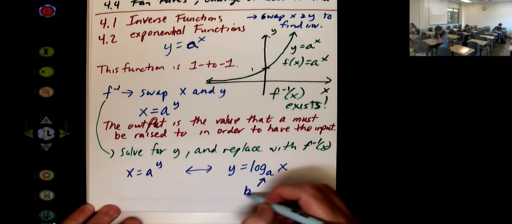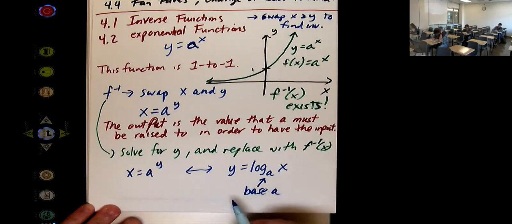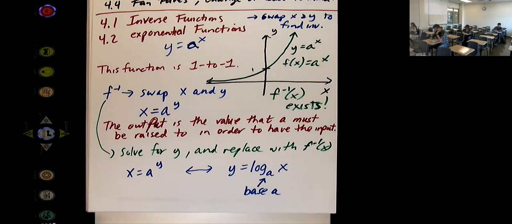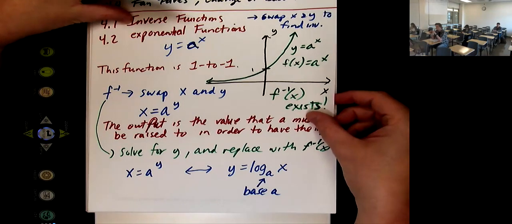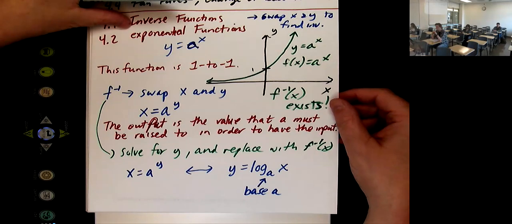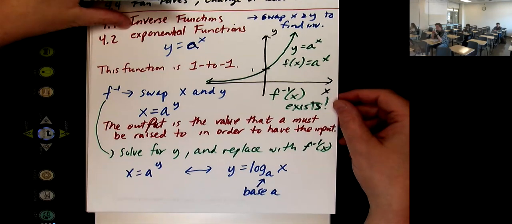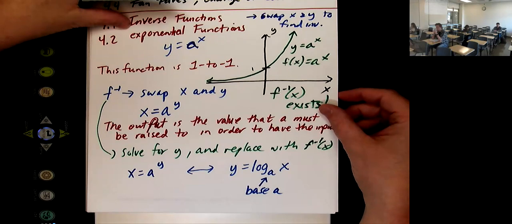This is referred to as base a. Really memorizing this thing is like clutch to everything else in this entire chapter. Remembering this, and it's a pain in the ass. It really is. I even to this day have to stop and think about it. And the only way I remember it easily is